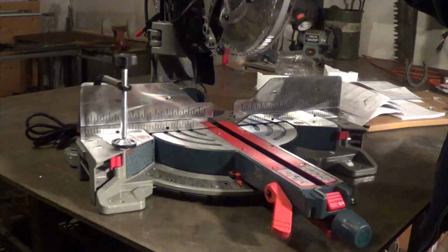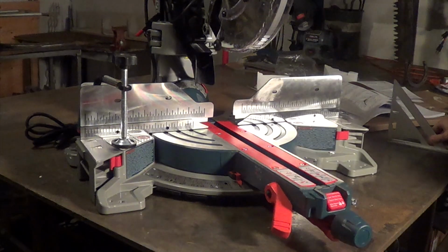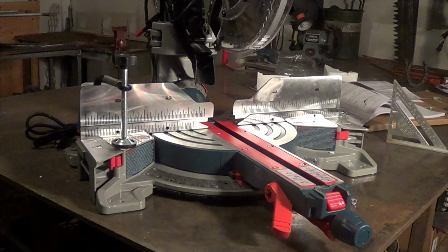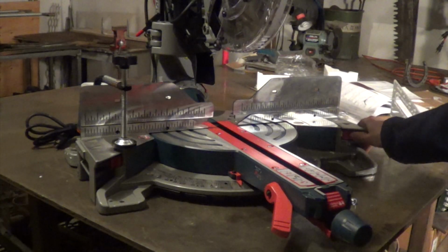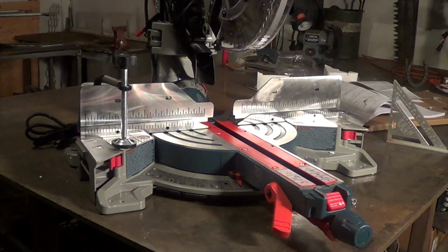So right out of the factory, this thing is dead-on accurate. It may vary for your saw, but at least my saw is dead-on accurate. When I was looking up cheaper saws, like the Cobalt saw, a lot of the reviews said that the saw didn't come perfectly aligned from the factory, and it required some adjustments. So just so you know, Bosch, high quality, pretty much dead-on out of the factory. Hopefully I don't stir up too much controversy in this video over that, but I'll just take you around,